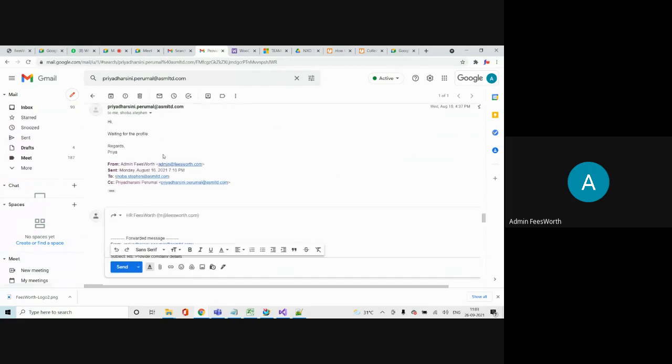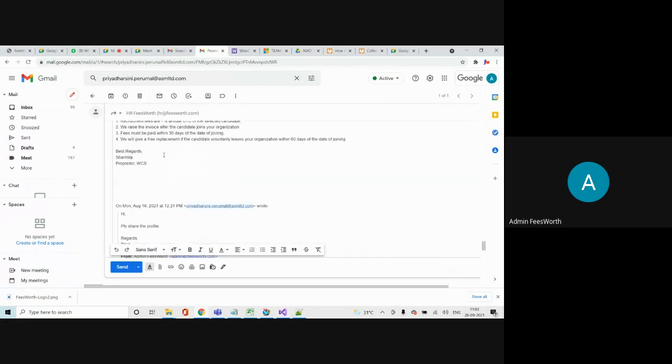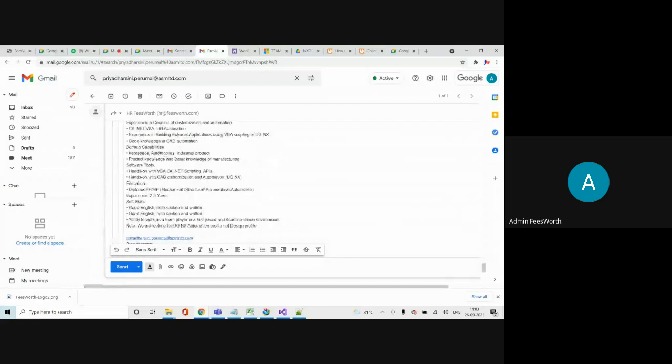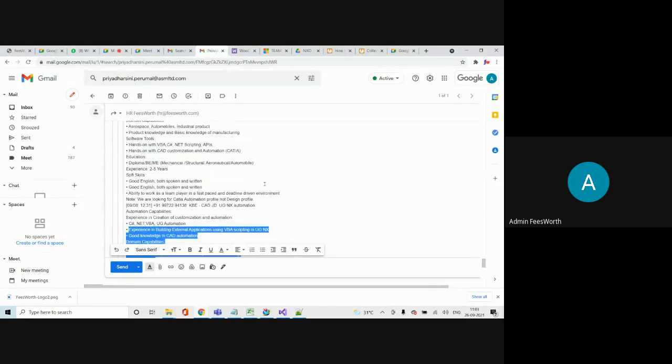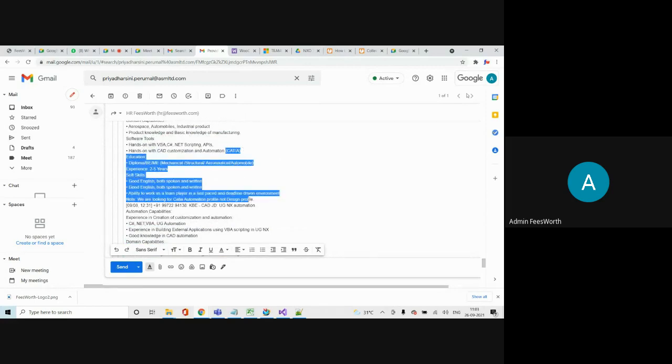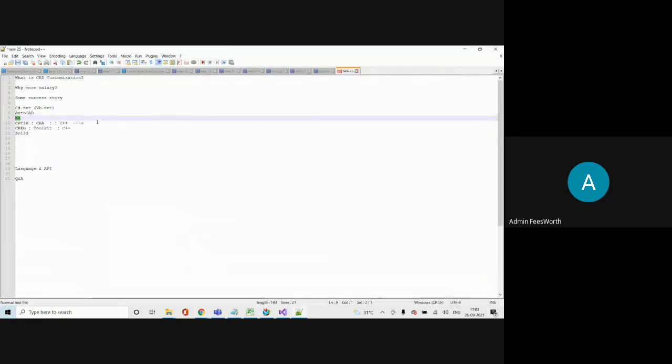Please send candidates. See the job description, UGNX. They also want CATIA. So for both. Like that, they are asking us to give people. So ASM Technologies, this is in ITC. All these vacancies are as of today. CATIA also in ASM.